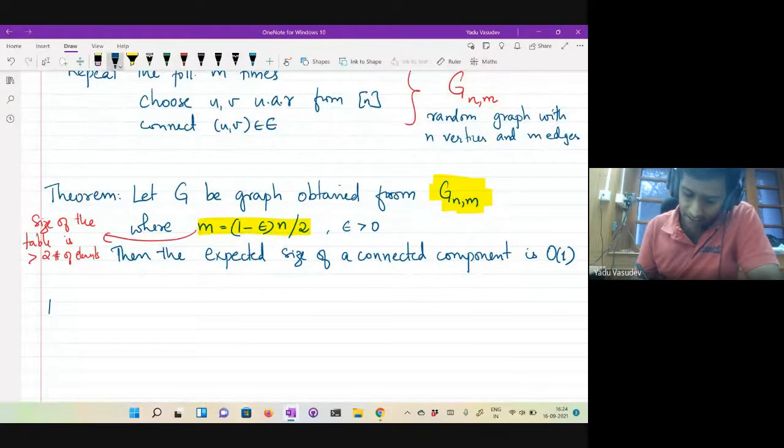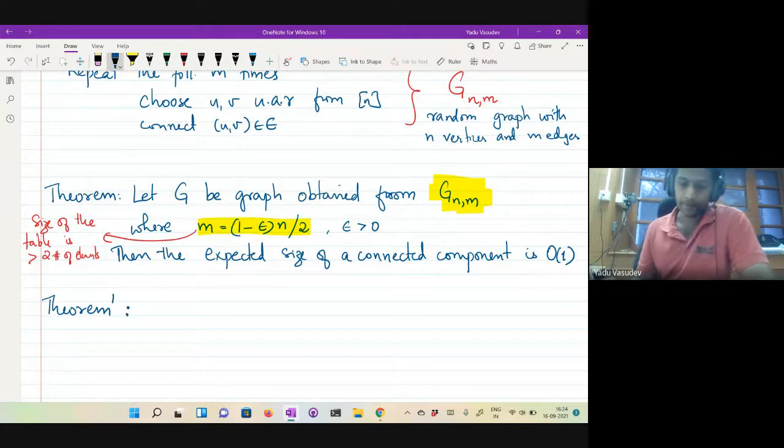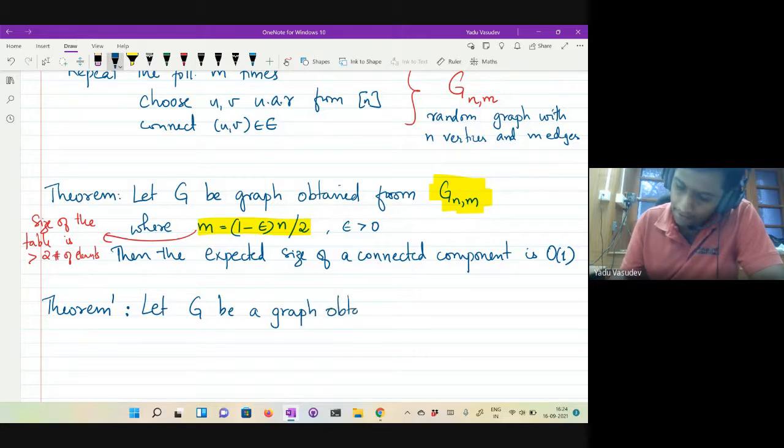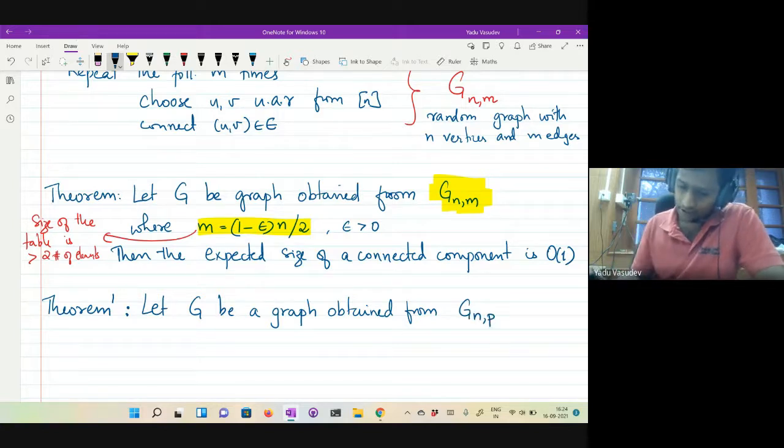So let me just write a different theorem. I'll call it theorem prime. Okay. So let G be a graph obtained from G(n,p). I'll define what this is.